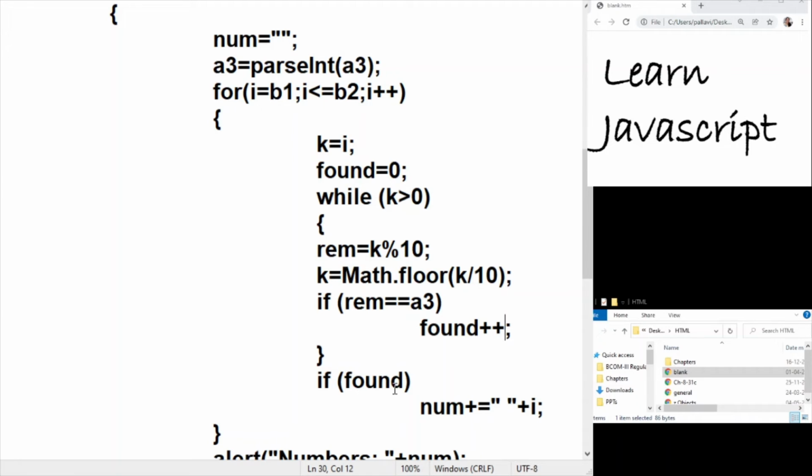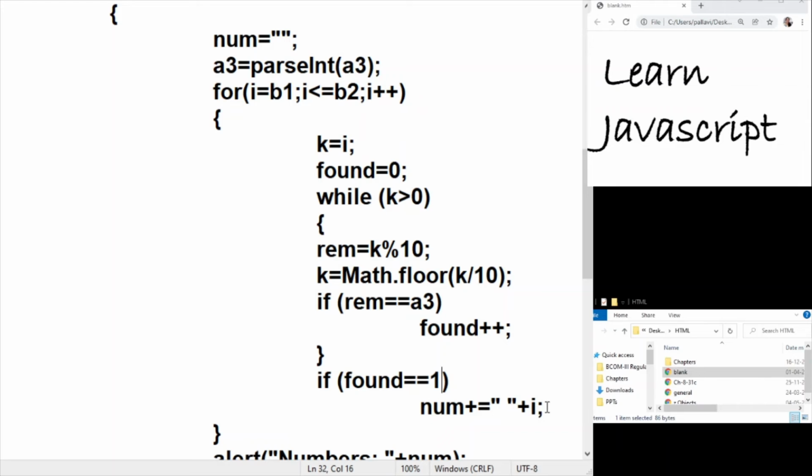Now, what we are interested in is that this digit that we are looking for should occur only once. So the condition will be modified to if found is equal to 1. That means you could locate the digit you were looking for only once within the number.